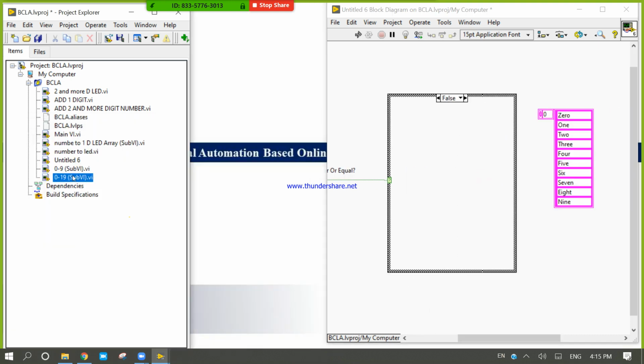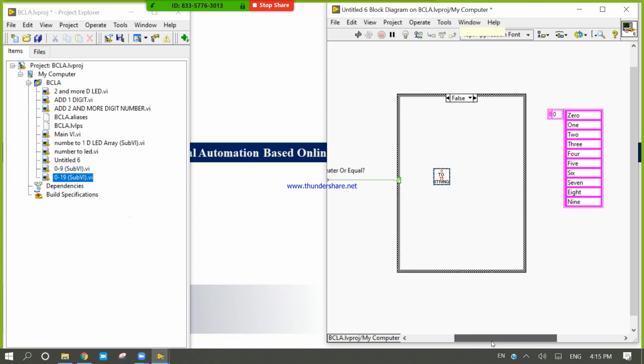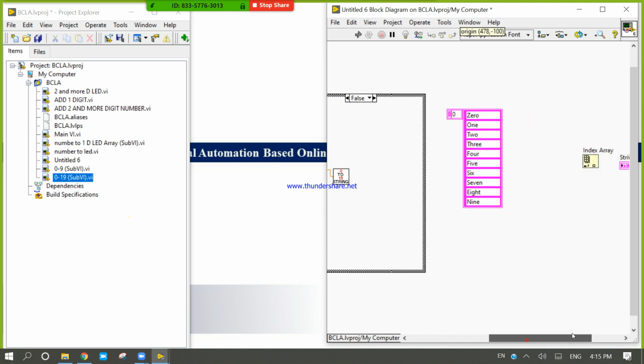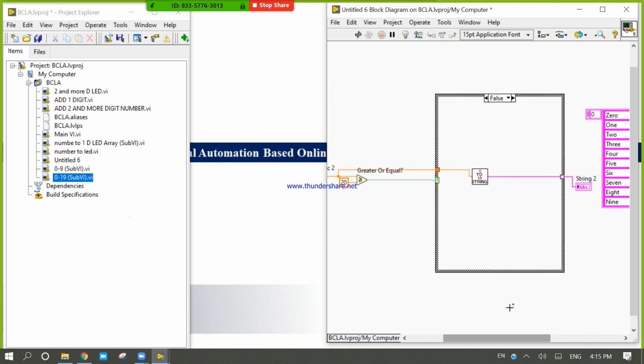Here I will call 0 to 19 because my number is not greater than and equal to 20. And I will connect with this because my number is not greater than and equal to 20.